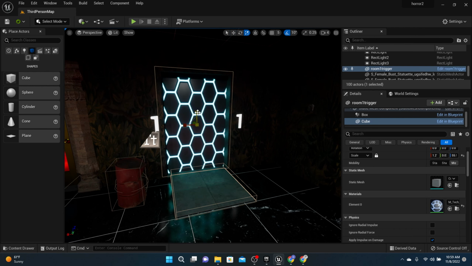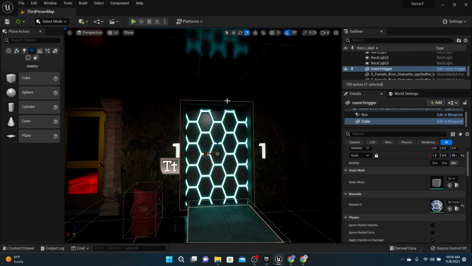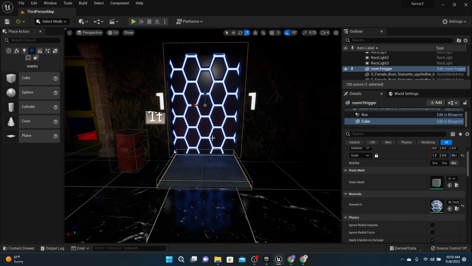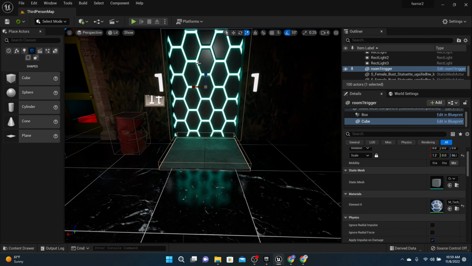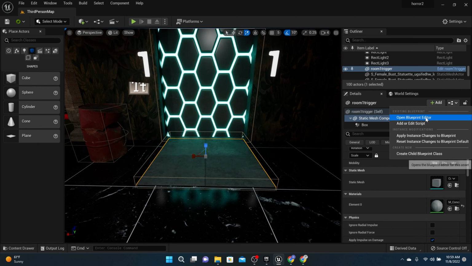Cool. So now that the door is a component of this whole trigger box, what we can do is move component 2. So we're going to move the component up in the Z direction, you see in the blue. So click back on your trigger box, go here, open editor,